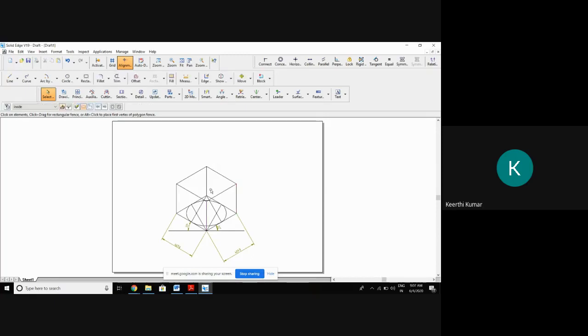I'll create the cone. So to create the cone, first you complete the rise. Rise the box. I'll explain. Rise the box 50 mm from all the four corners of the line, four ends of the line.